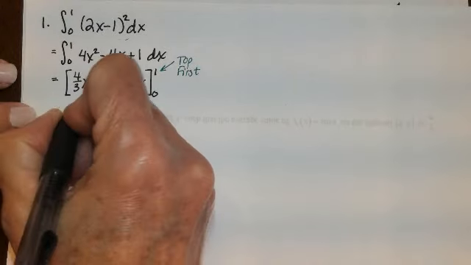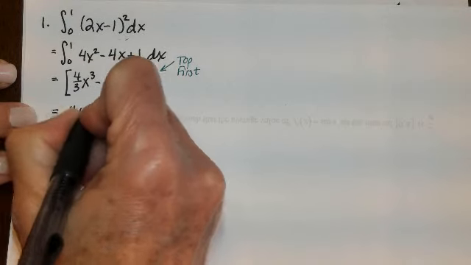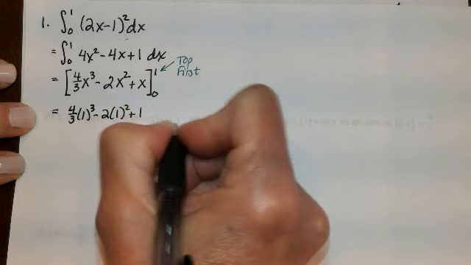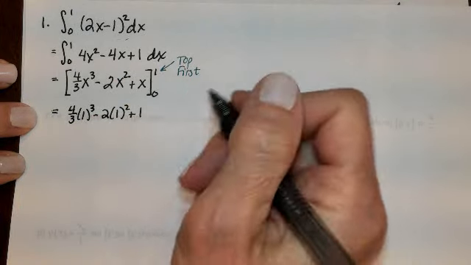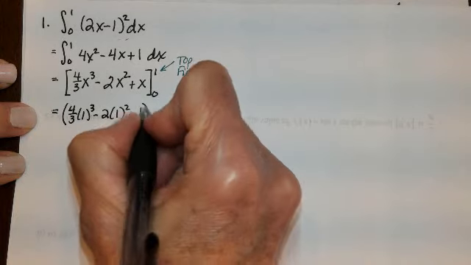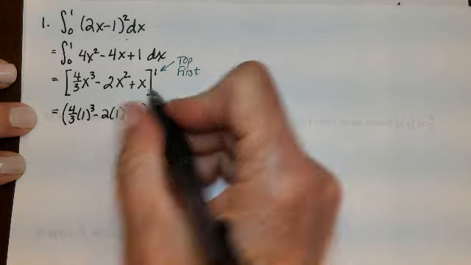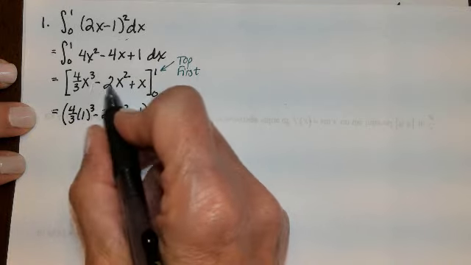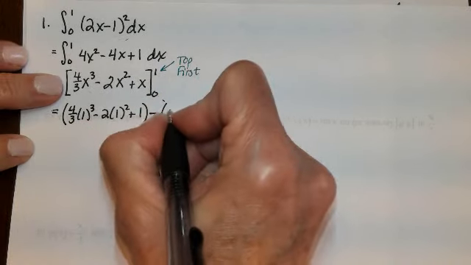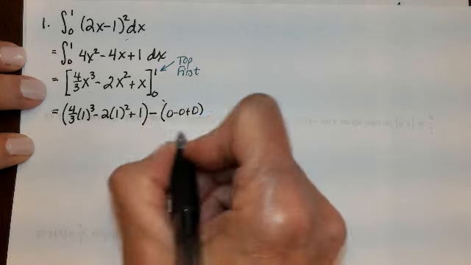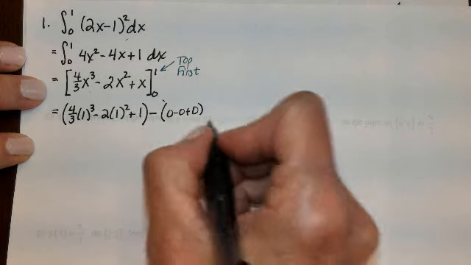Okay? All right, so this will be 4/3 times 1 cubed minus 2 times 1 squared plus 1. That's the antiderivative at 1. And then we subtract the antiderivative at 0. So now we're plugging 0 in for x. Well, we see that everything has a 0 here, so that's not going to affect